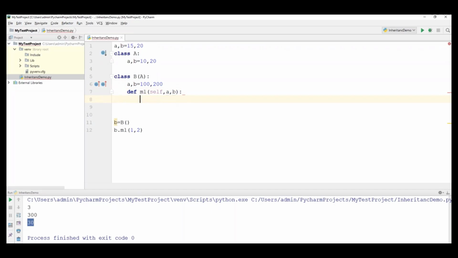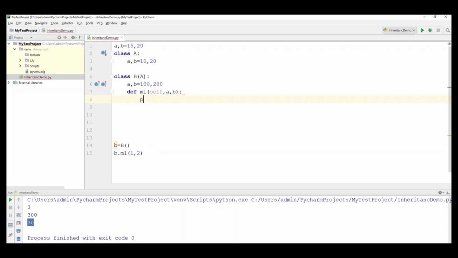Now here I want to add all the numbers, like global variables I should be able to access, parent class variables, child class variables, along with the local variables. I want to do the sum of all these variables one after another. So how can we access them? Now let us see one by one. So here in this method, first I want to add the local variable. So what is the local variable here? a, b are considered as local variables, right?